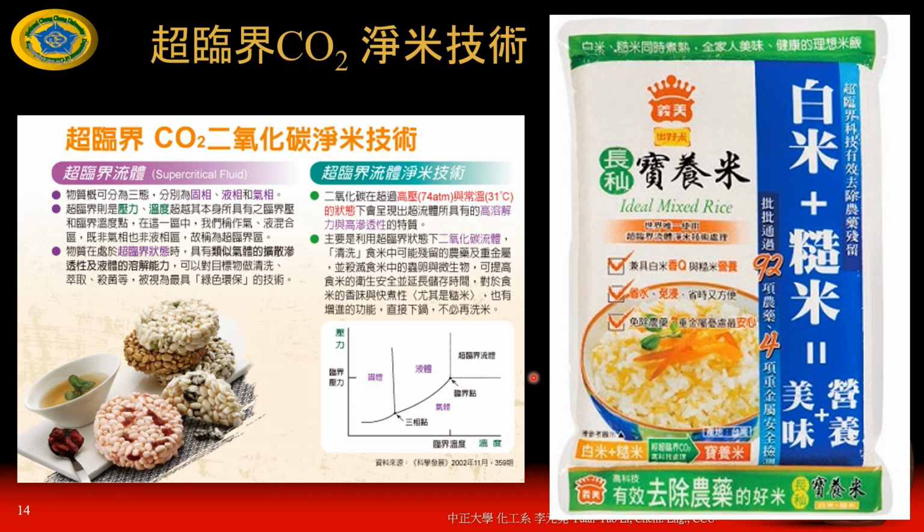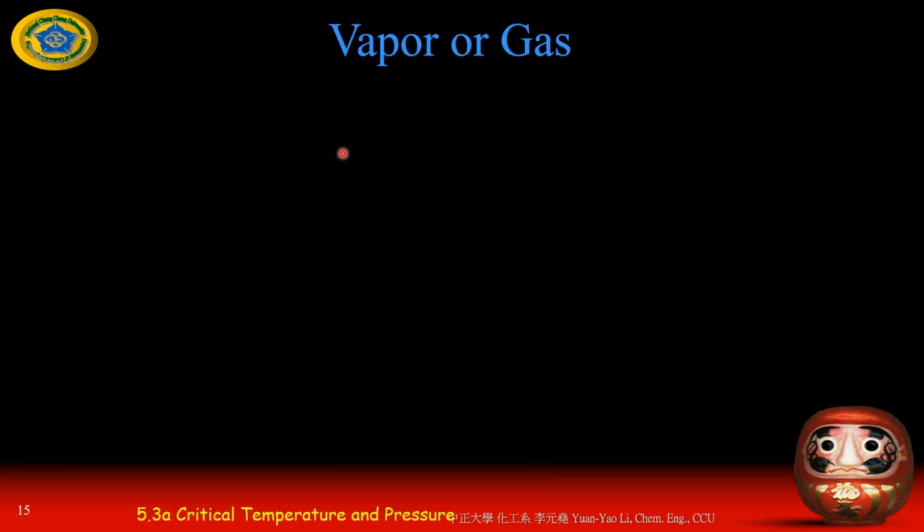So you can see this in the market. They use supercritical fluid carbon dioxide technology to make the rice more healthy. I don't know if it's more healthy or not, but you remove some of the unnecessary things away from the rice, right? Okay, so this is the technology. Right. So now you know